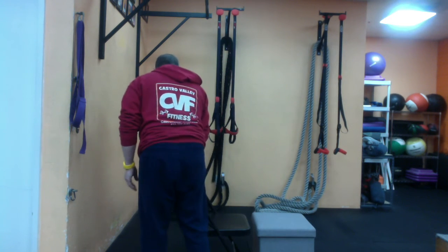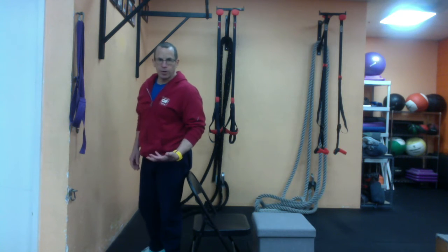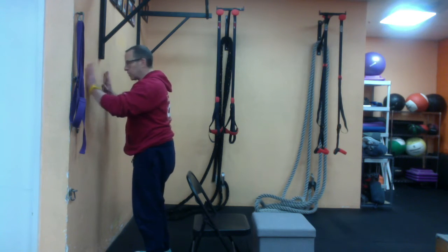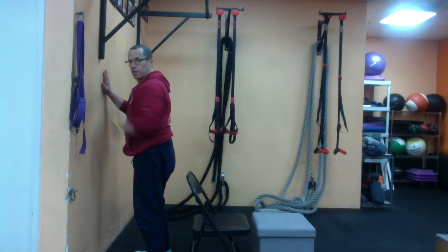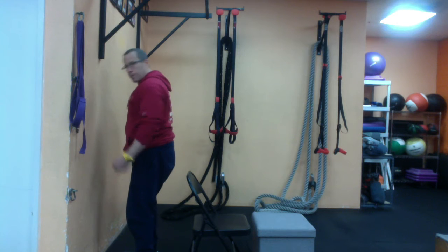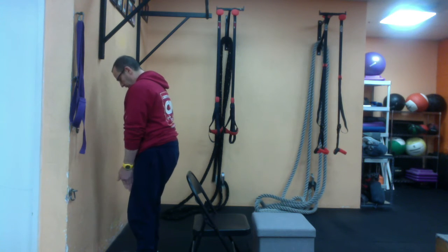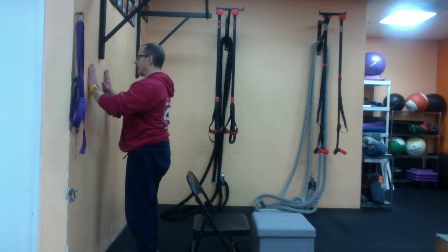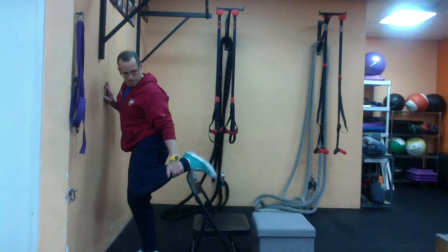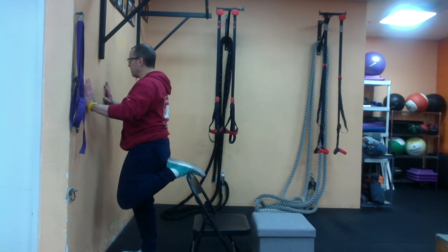Okay, so the next thing we're going to do is what we call standing quad stretch. So what you're going to do, find a chair, something to put your leg up. I prefer to be up against a wall here so that you can balance yourself out and keep yourself upright. I like to make sure before I even get my foot up there that my feet are perfectly straight, in a good position, about hip width apart, hands here, again, good posture, and then from here, I'm going to bring one leg up, place it on a box or chair, something, whatever works,